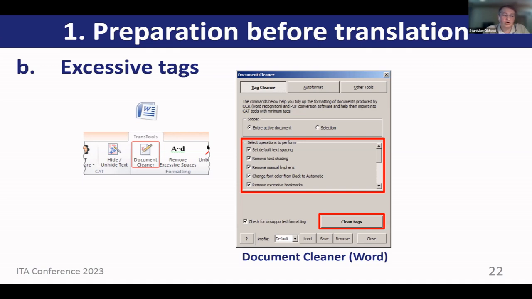All you need to do is open your document, open Document Cleaner tool from TransTools tab, choose the right options on the Tag Cleaner tab, or keep the default options, and then click Clean Tags button. The default options are often sufficient for most people. This removes excessive tags, but retains all inline formatting, such as bold and underlined, etc., so the document will look